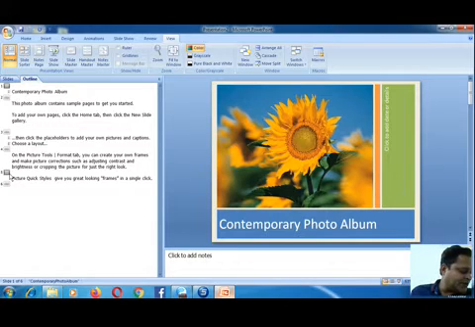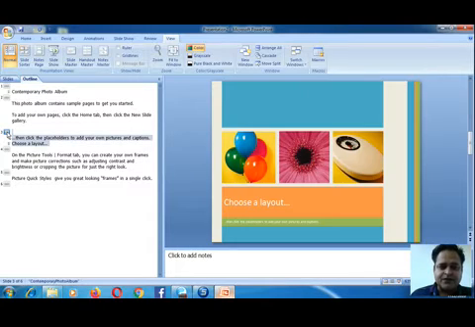Now in order to arrange, suppose we want to place the number 3 slide last. We just want to make it the last slide of our presentation. So what we have to do is just click on it and drag and place it.